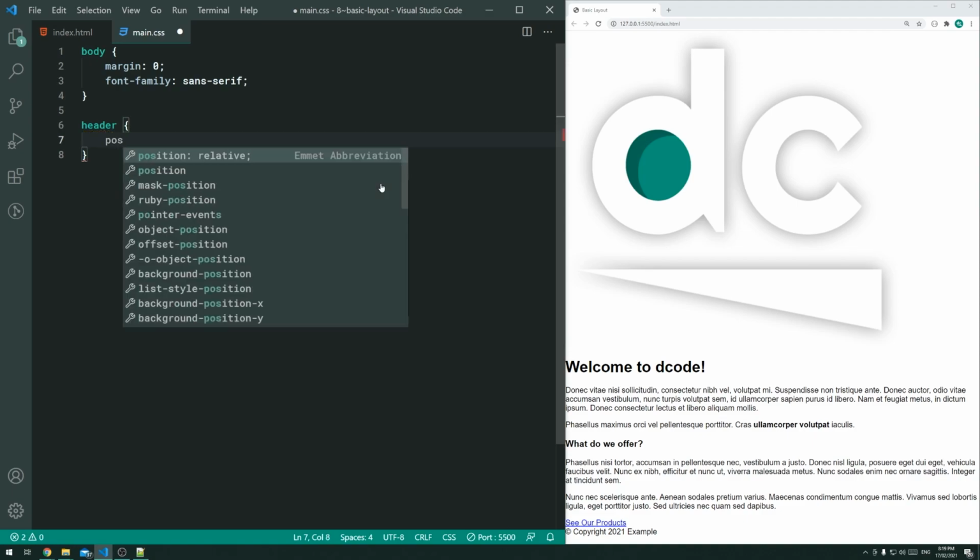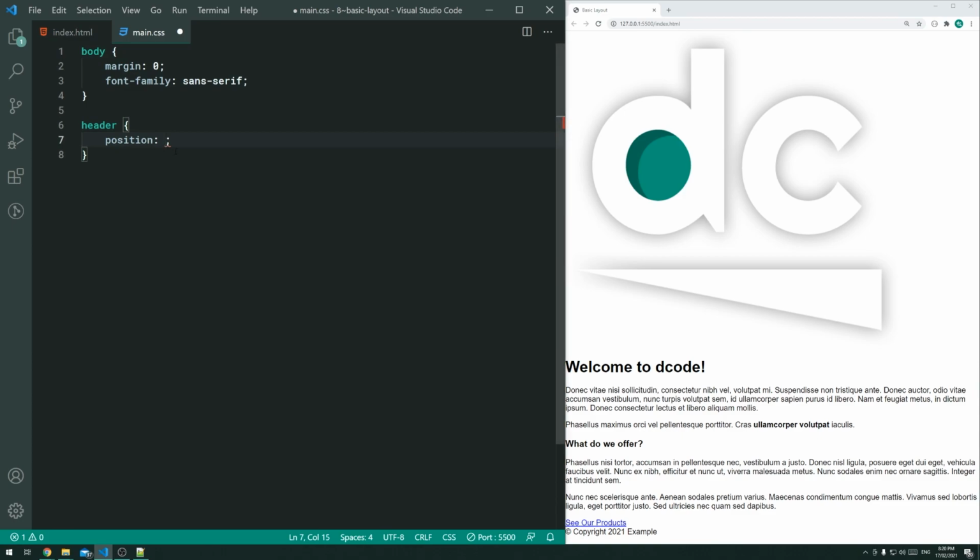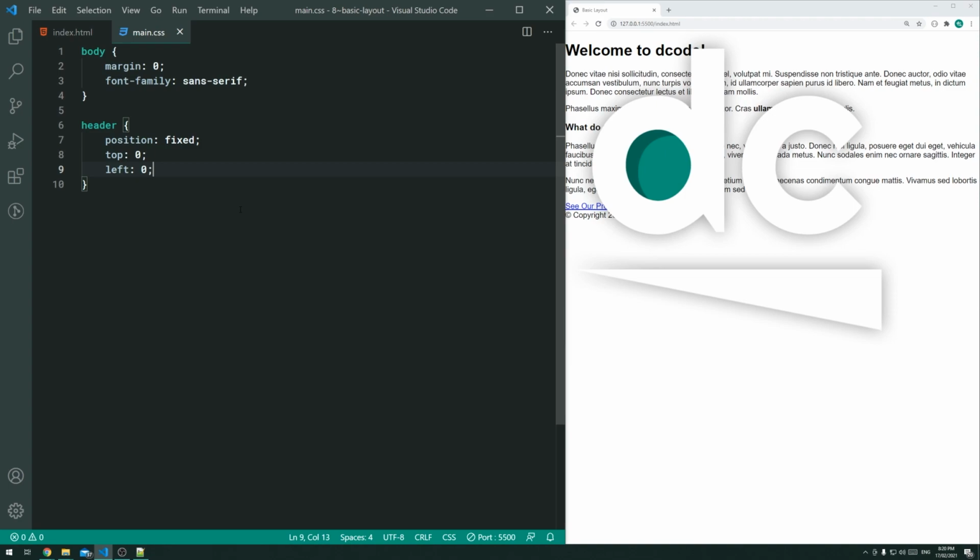So keep in mind that when I say header, it refers to essentially the main green bar on top, which contains the actual logo. So let's target the header right here, and let's say a position of fixed. That way it's going to float above everything else. We're going to also say a top of 0 and a left of 0 to position it in the top left corner. If I save this, nothing much happens, but we can see the logo is now floating on top